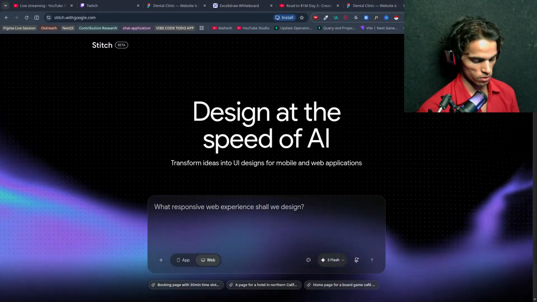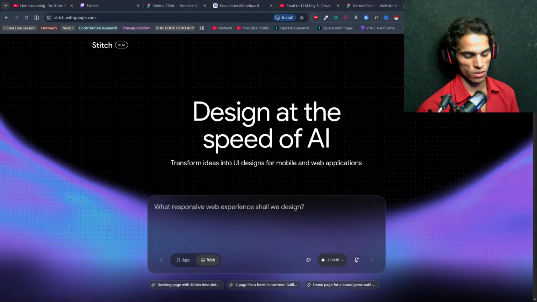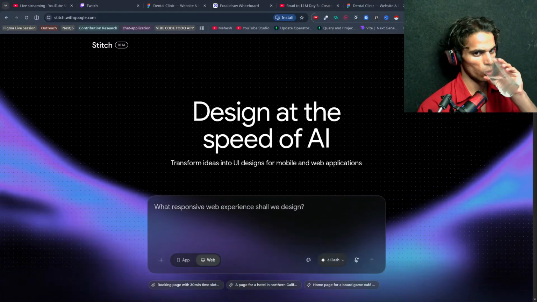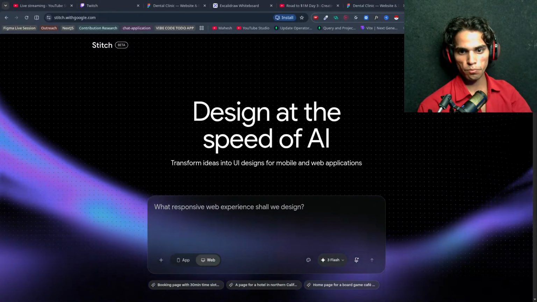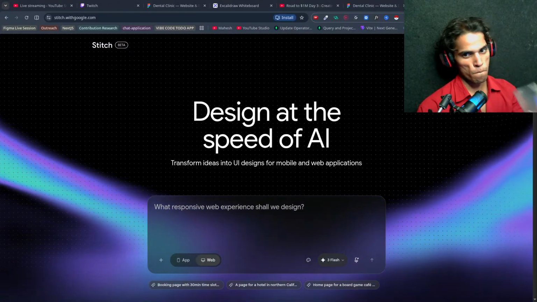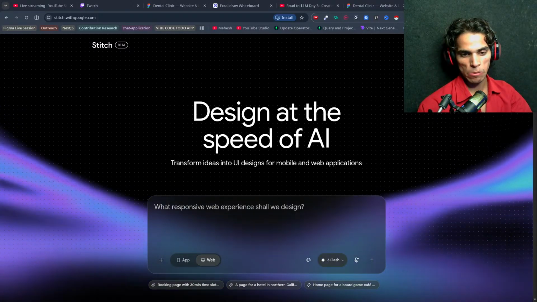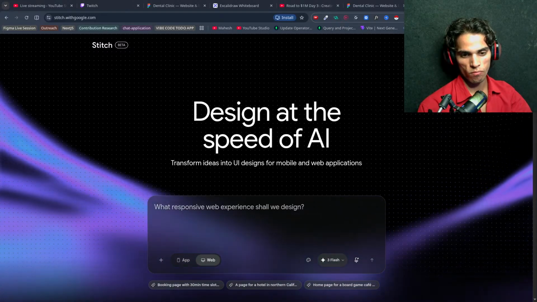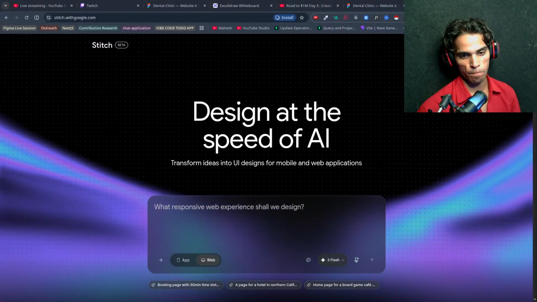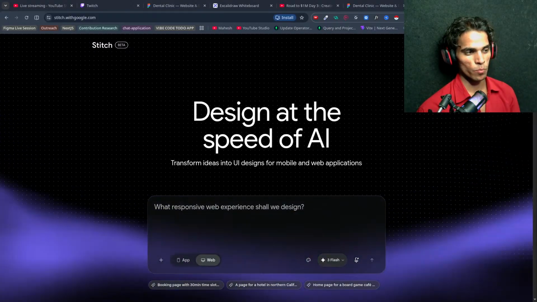Should I use Figma or Stitch? Okay. So Figma is best because as a developer you have more control in Figma.